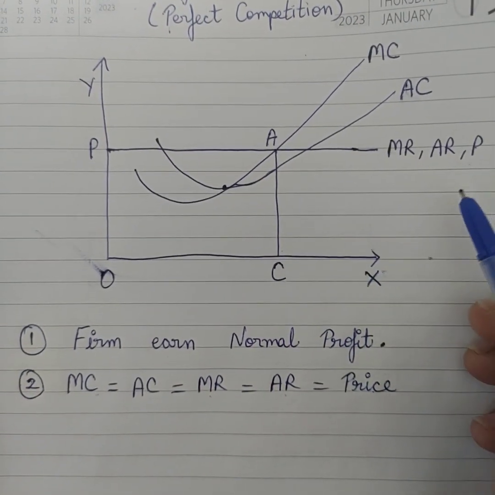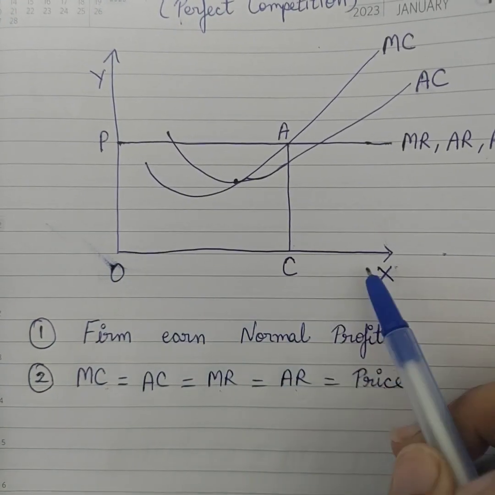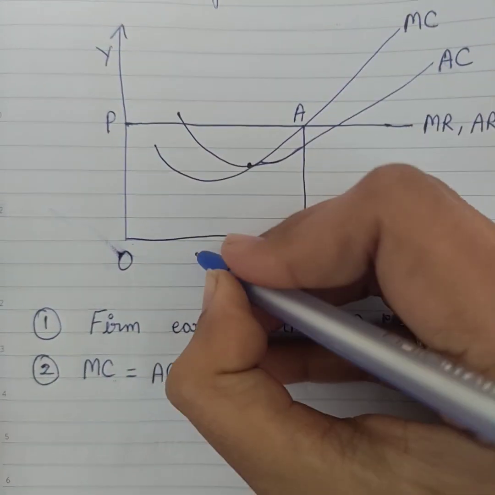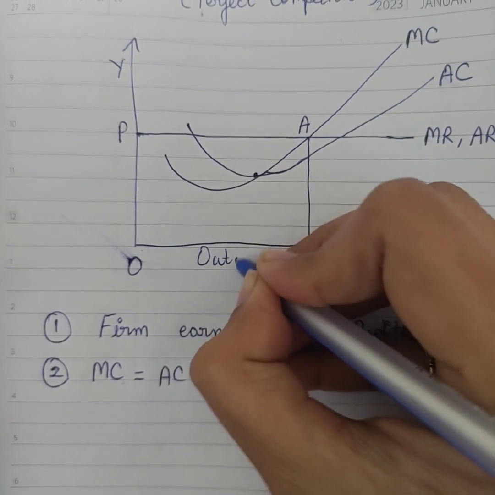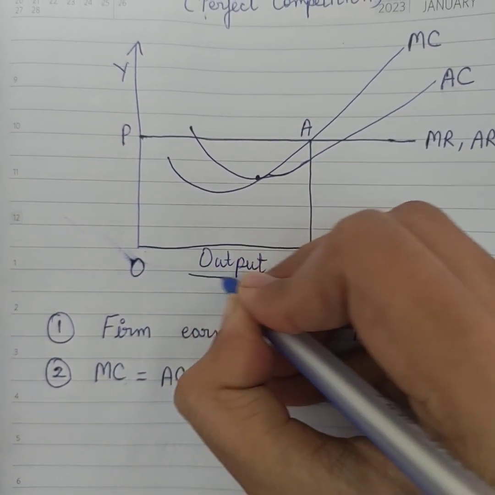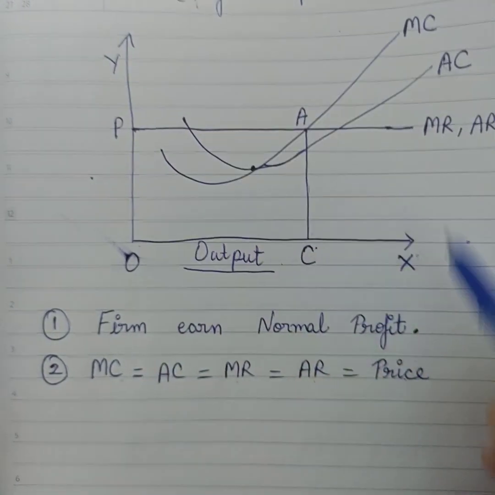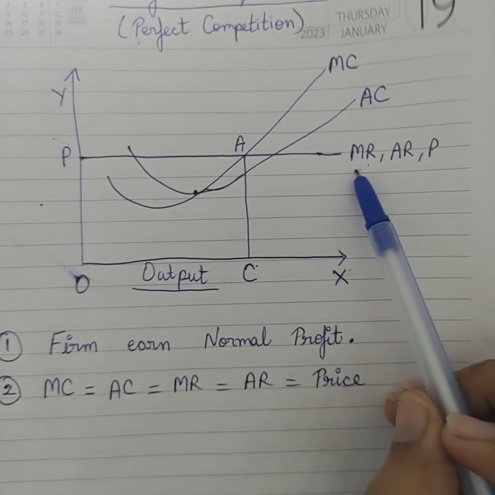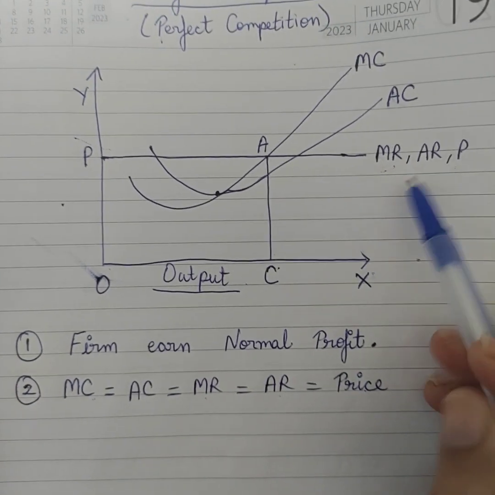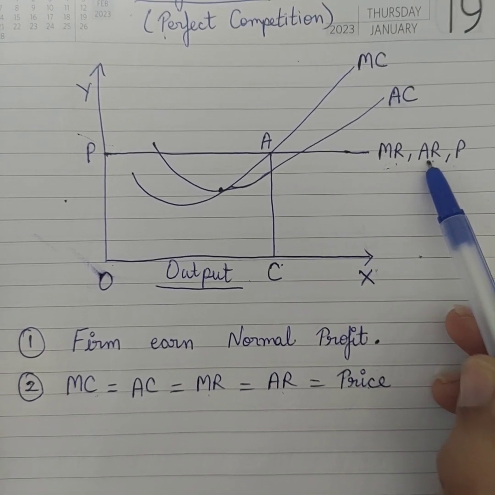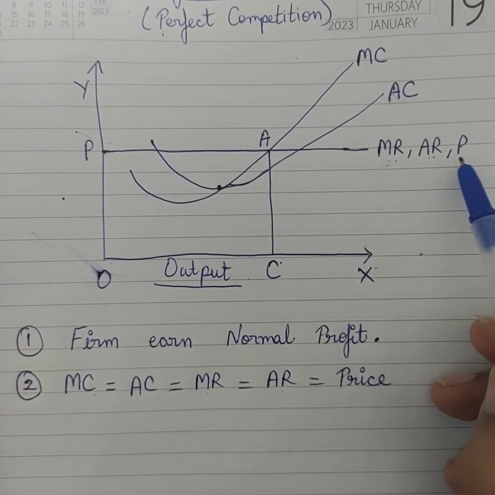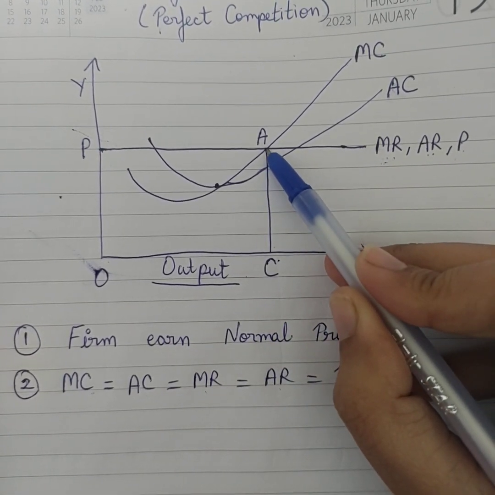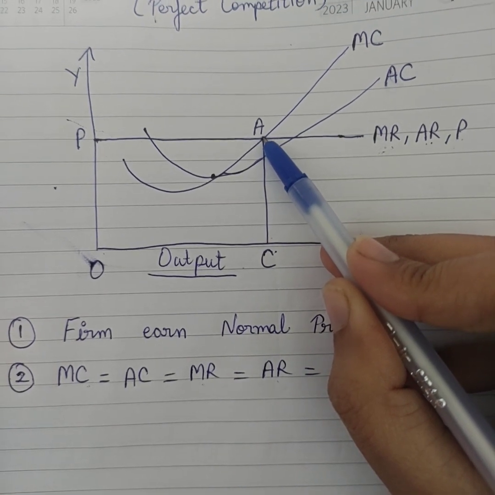According to this graph, I have plotted it like this. This is output and this is price. And this is the demand curve, correct? So average revenue is equal to marginal revenue is equal to price, correct? And this is the equilibrium point,